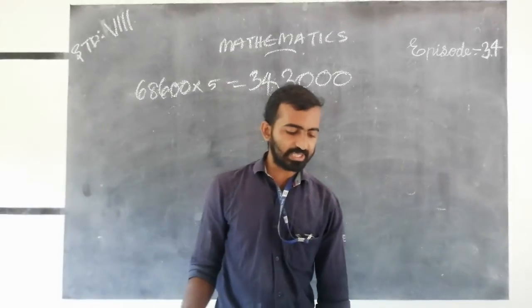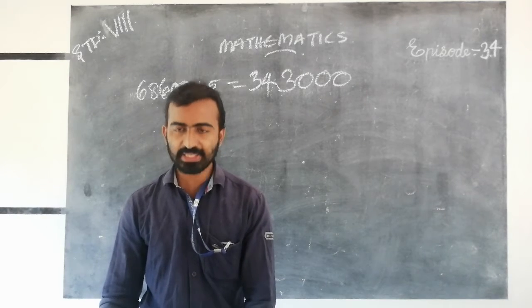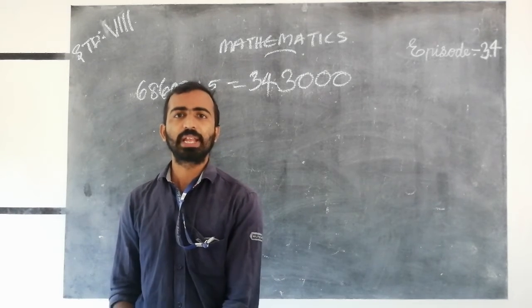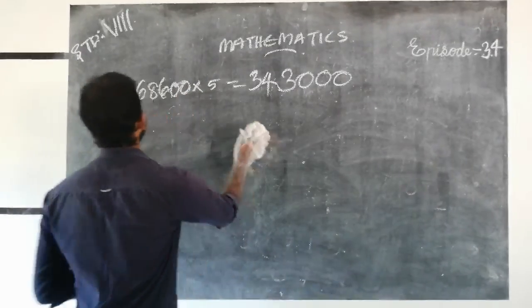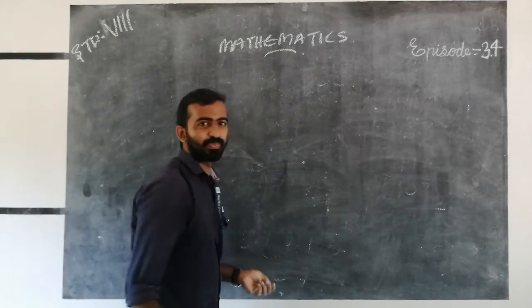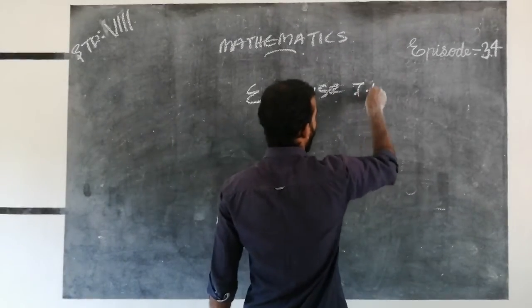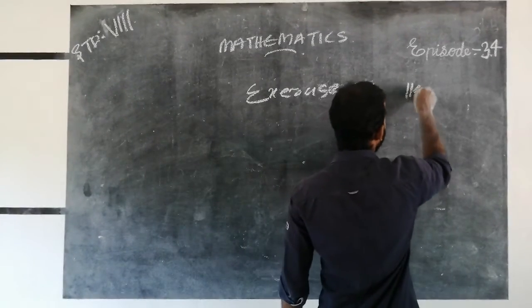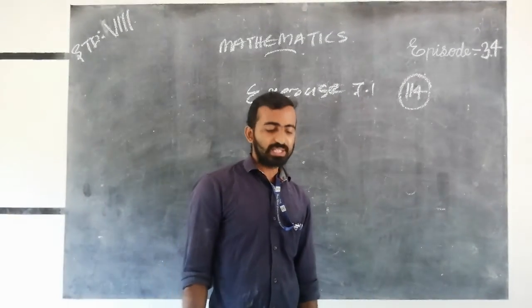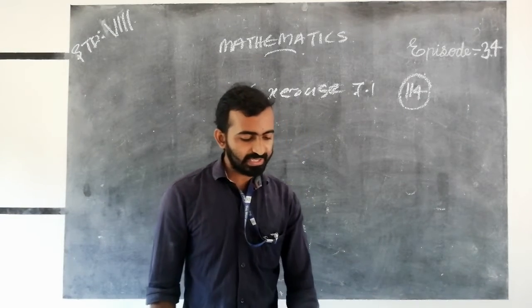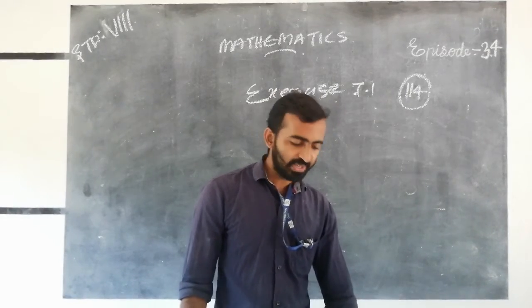And next we are going to discuss our exercise 7.1. Are you ready to start our exercise? Okay, are you ready? What is our first question? Next we are going to discuss our exercise 7.1, page number 140. The first one is: which of the following numbers are not perfect cubes?